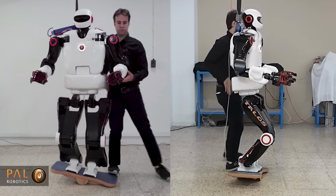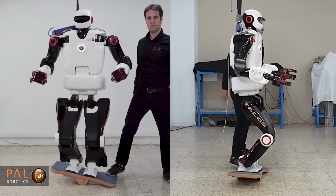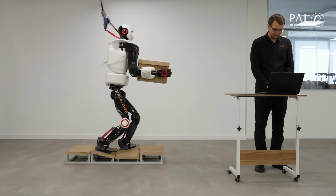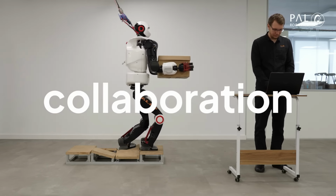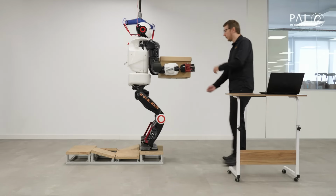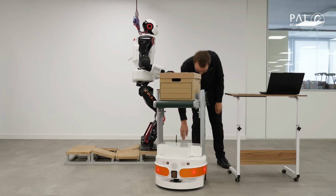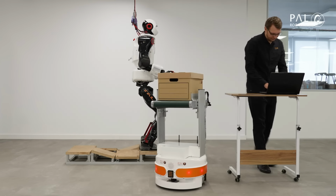They claim that it can dynamically walk at speeds of up to 3 kilometers per hour, and each arm has a payload capacity of 6 kilograms, or roughly 13 pounds, when it is fully extended. Now again, this is a relatively old robot. I've included it in this video because it is in a sense a humanoid robot, so the shape and kind of the movements do resemble a human to some degree,